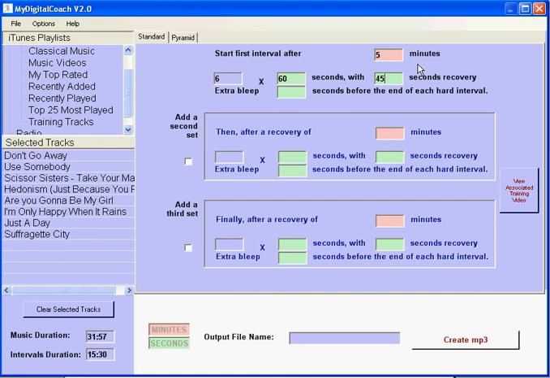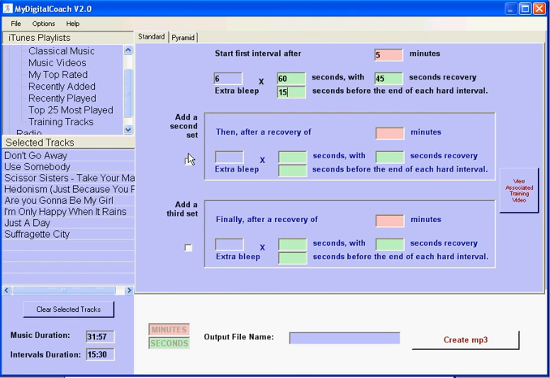I want to run these intervals at a moderate pace and speed up in the final 15 seconds of each one. So what I'm going to do is put 15 seconds in there, and that way I shall hear a short beep beep beep indicator 15 seconds from the end of each interval. Now I could leave it at that if I wanted to, but what I'm going to do is create a